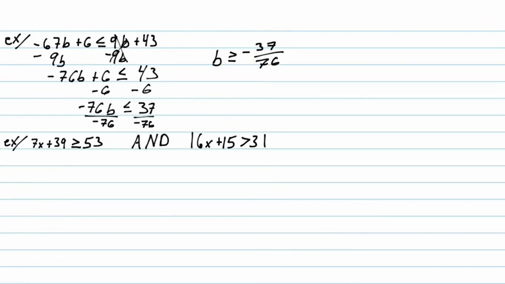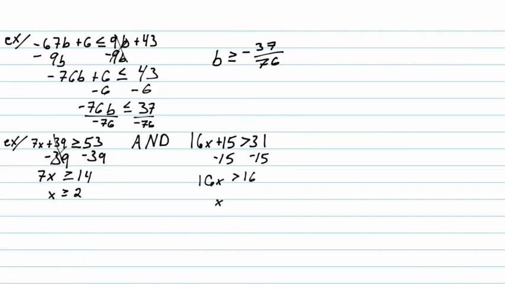All right, last one here, and then there's a quiz on Khan Academy. So I'm going to subtract over 39. These are just 2 steps. Should be able to do this. So then that's 14. Divide by 7. X is greater than or equal to 2. On this other side, subtract 15, and I'll get 16x is greater than 16, so x would be greater than